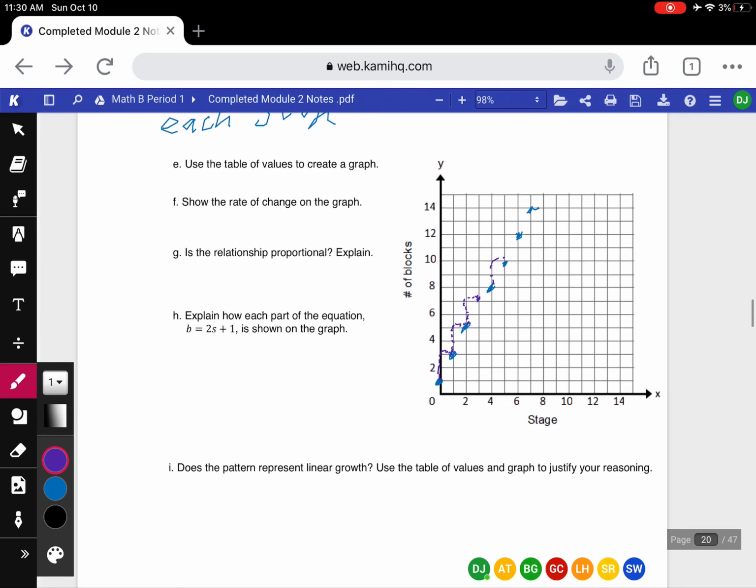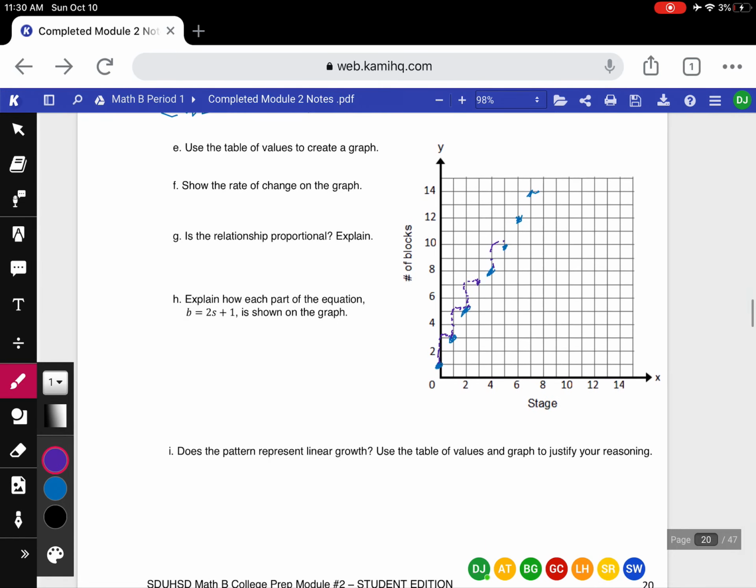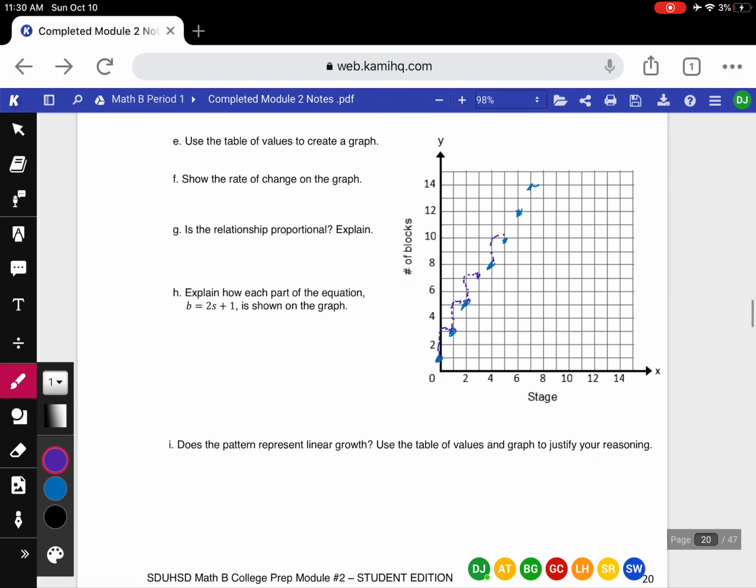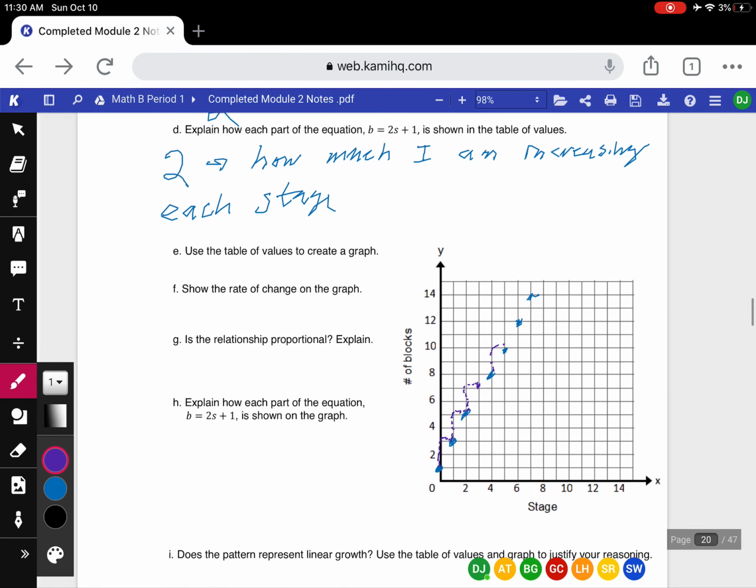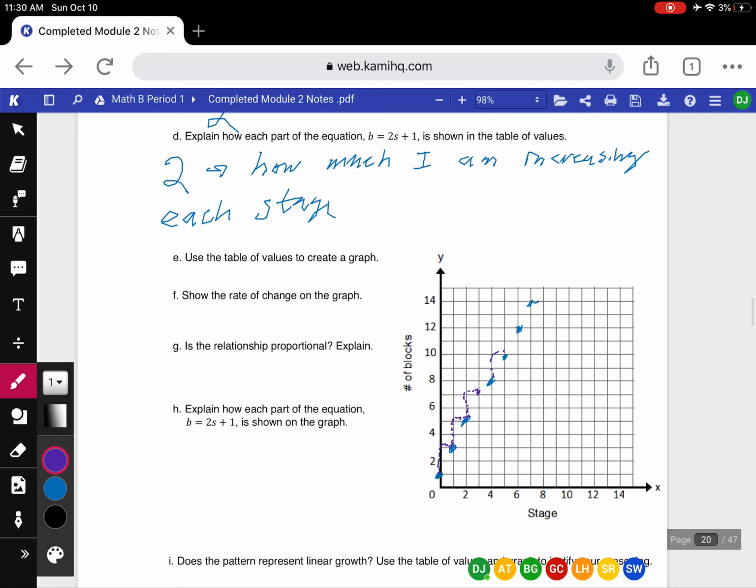Okay. So now it says, is the relationship proportional? Well, there's a few things we need to do here. I can look at my graph and I notice, no, it's not, because it does not go through the origin. So we would say no. And because there is no constant of proportionality,